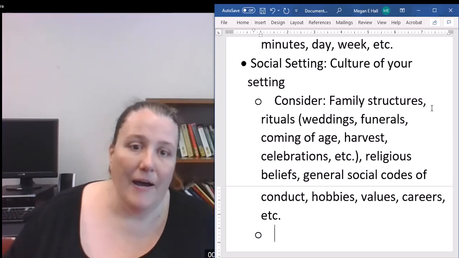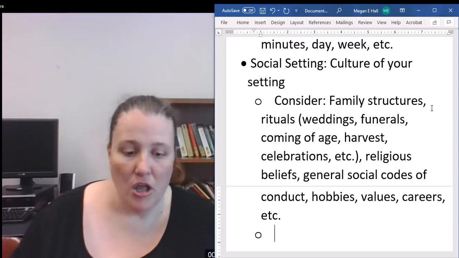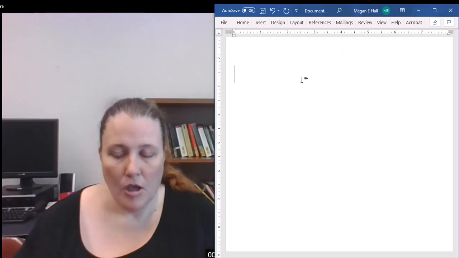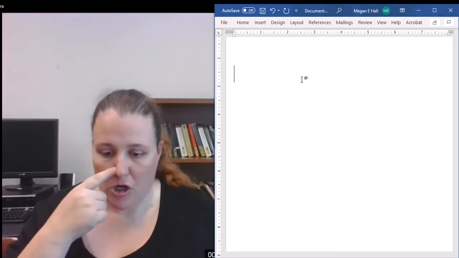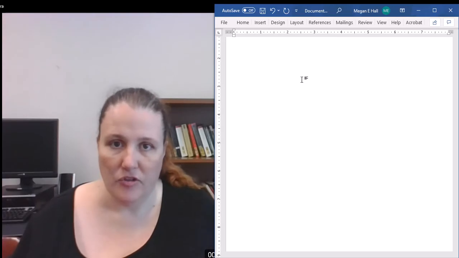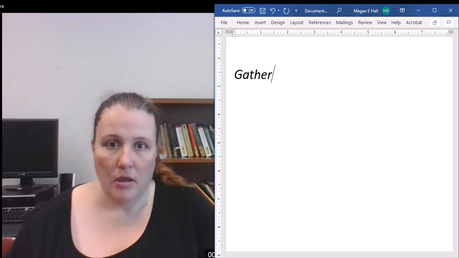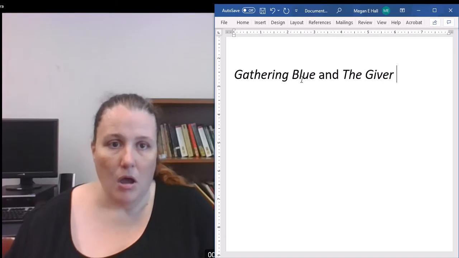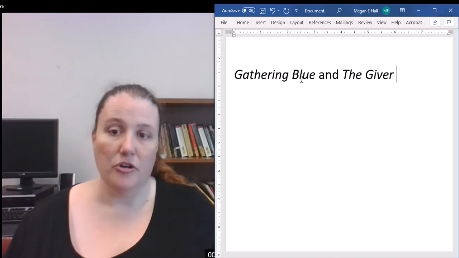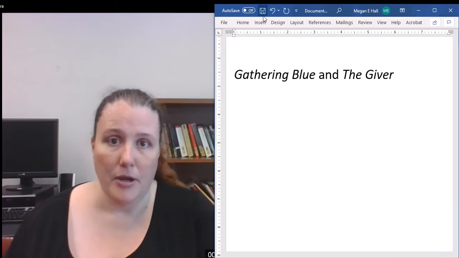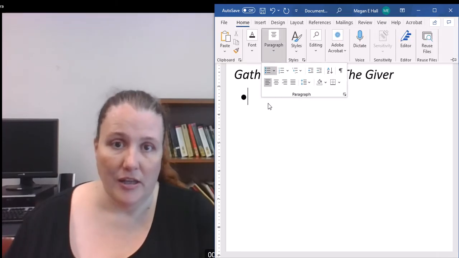What is the culture that you are describing? So I'm going to give you a couple examples from literature. I don't have excerpts this time. I'm just going to describe them. Both of these are books from the same author, and they are called Gathering Blue and The Giver. We find out later these were standalone books that the author decided to make into a series. So we find out later that they take place during the same time period, and that is essentially